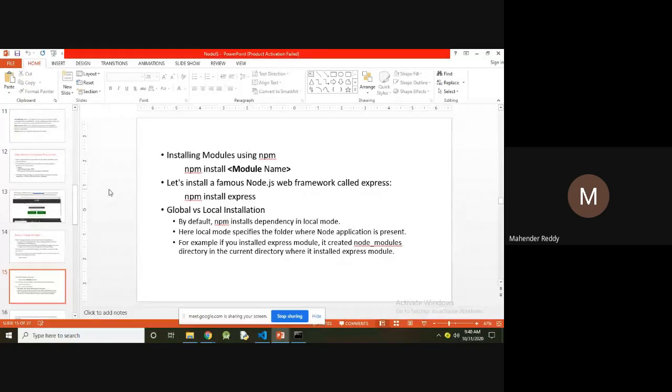Whenever you install Node.js from the setup file, a node_modules folder is created under the Node.js folder. Whenever you install some modules, all the modules are available in this folder.